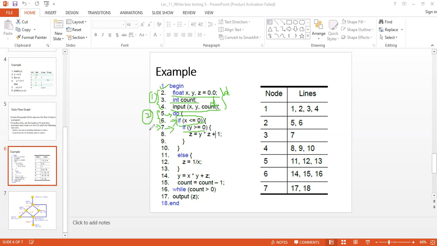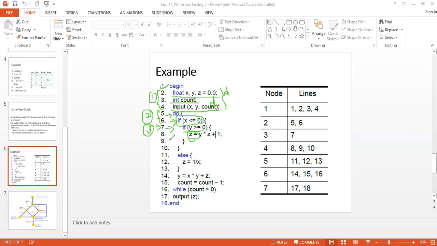In number 7, we have another branch. So we can consider this as our third basic block. When it comes to the 8th line, you can see it's a definition, mainly defining how Z is generated.